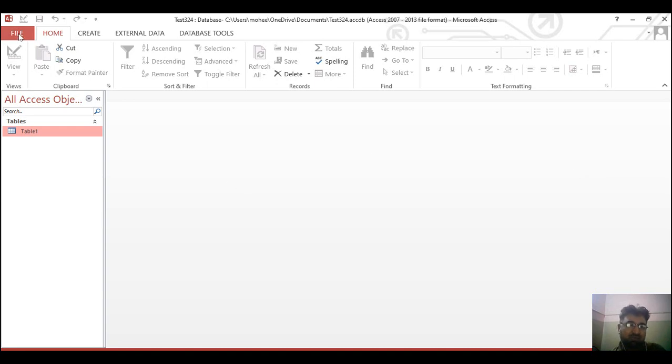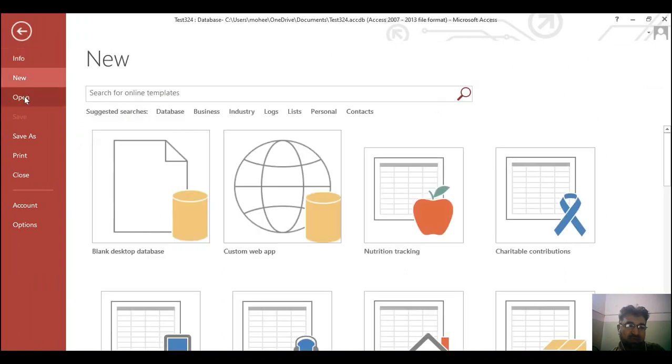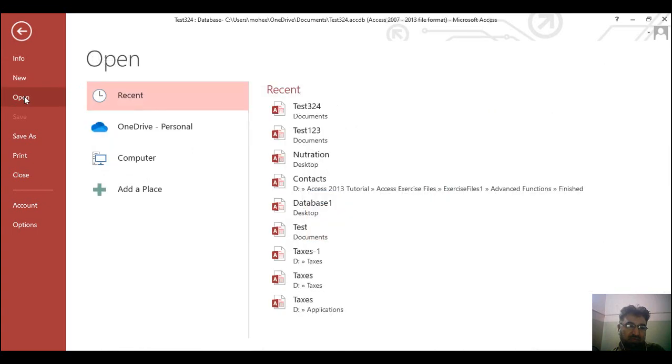So to move further in Microsoft Access, we have studied how to create a new file. Now if we want to open a database file which we have already made, we will go to the open command. In the recent files, we even have OneDrive files.